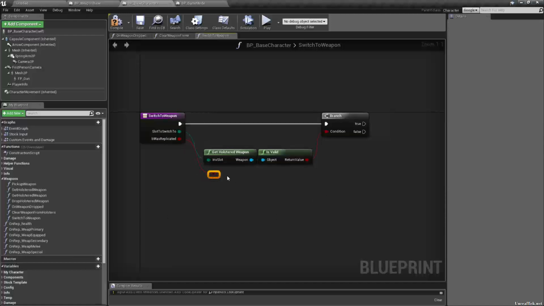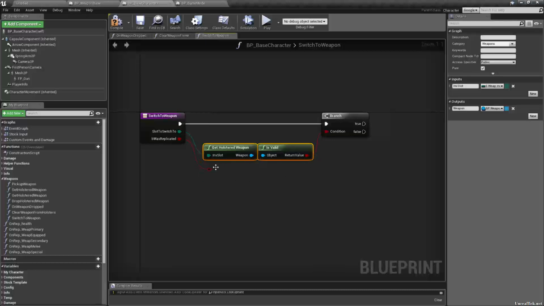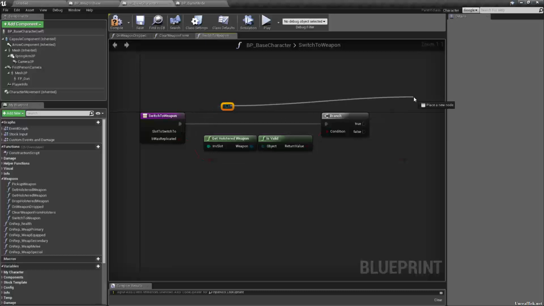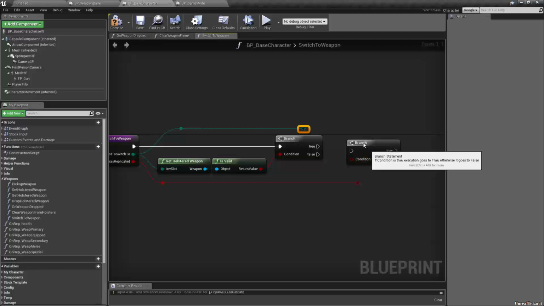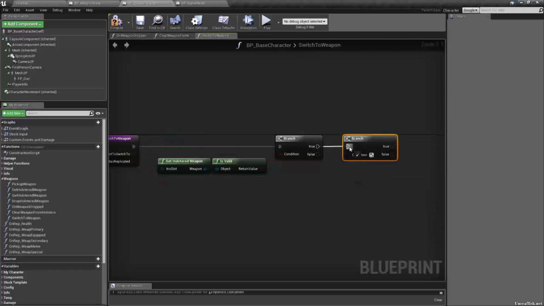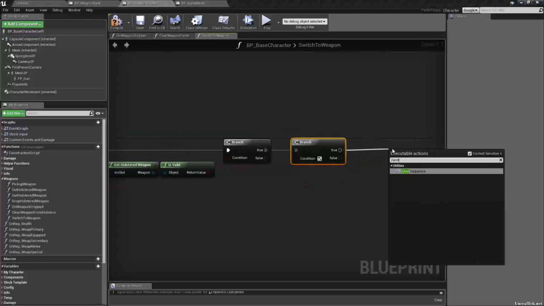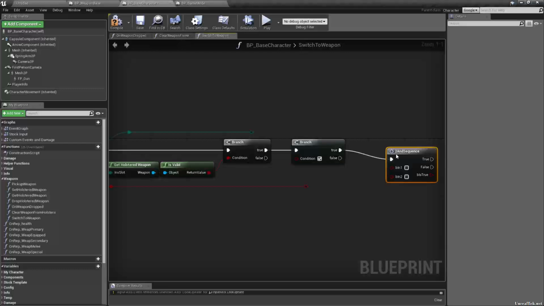B was replicated. We should reroute that because we're gonna need it. Yeah, let's bring this up. And we're gonna need slot to switch to as well, so might as well bring that up here. So this goes into another branch. So if true, it goes into there. False, we do nothing. If true, we go into a two-and sequence. And one